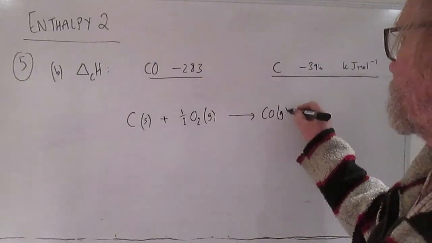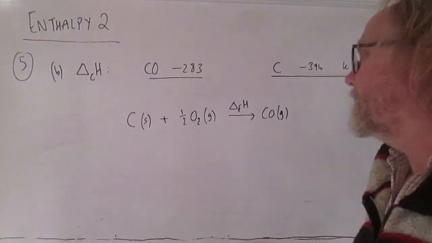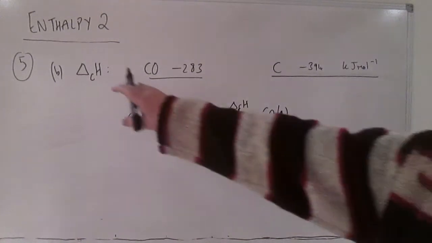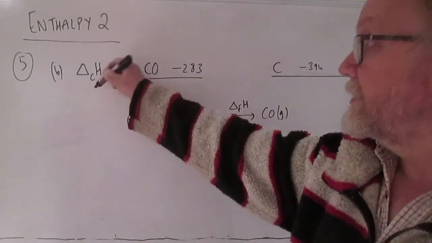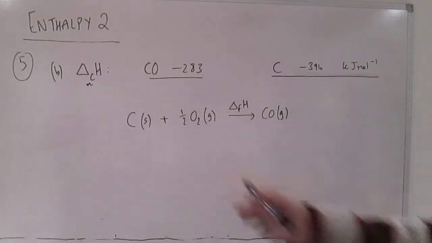So that's the reaction which is going to give us delta H of formation of carbon monoxide. But the data we're using this time are different, because they are delta H of combustion. Okay, that's what that C stands for. And delta H of combustion means that we can apply Hess's law in the same kind of way, but our cycle's going to look different, because the data we're using are not formation data, so we don't have elements at